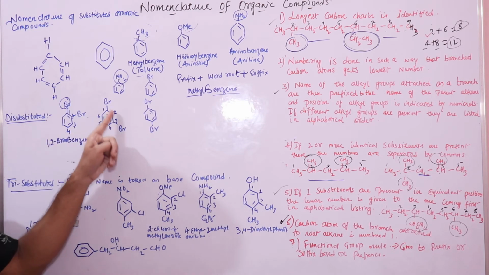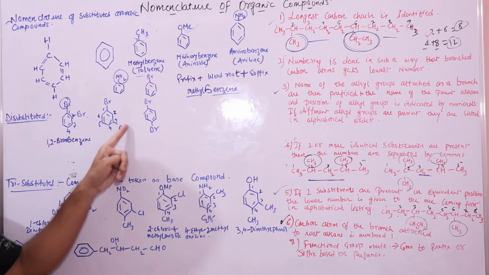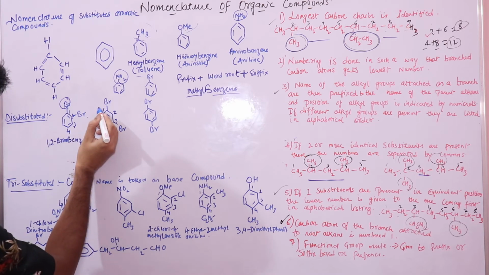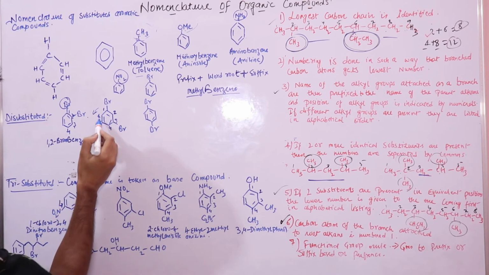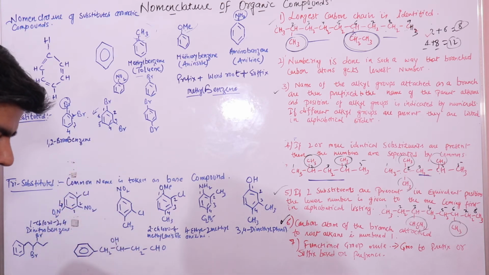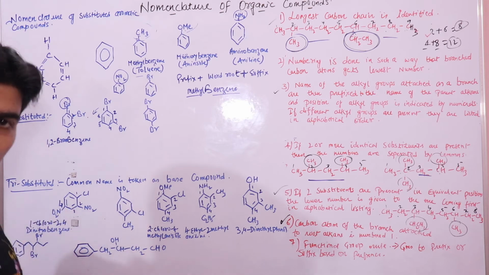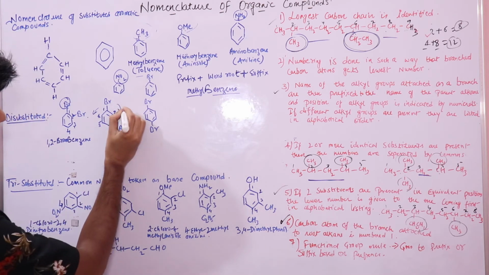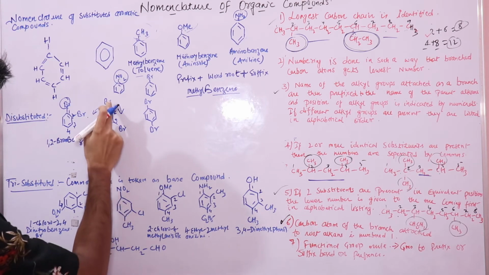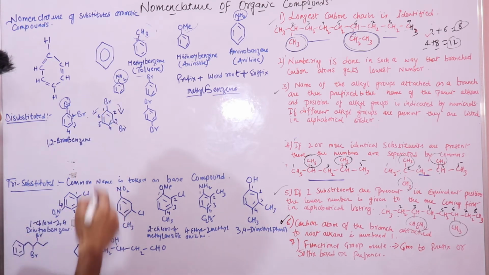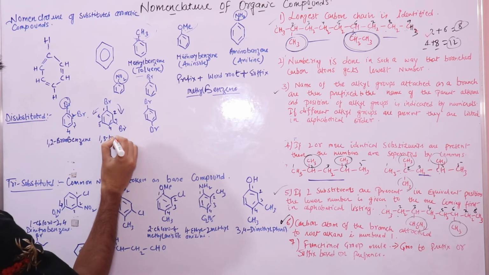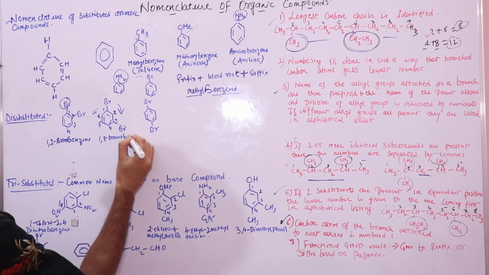If I number it this way, this Br has got number 3. If I start numbering in this direction, 1 2 3 4 5, it will get number 5, right? So numbering should be such that this substituent will get a lower number, right? So if I number it in this direction, it will get number 3, which is a lower number, and the name would be, the substituent will come in prefix, right, as per this. So 1 3 bromo benzene,